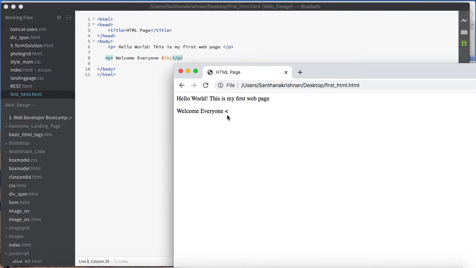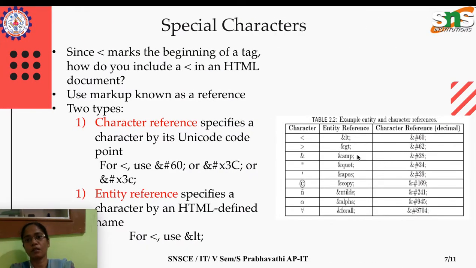So to get a less than symbol, I need to depend on this character entity, or entity reference. Here I have used the entity reference, but we could also depend on the character reference, and for other symbols their respective entity references and character references are displayed here. You can have a look at those things.